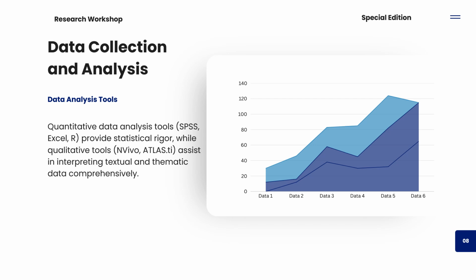All the ones we'll be talking about before now are on qualitative analysis, right? But for quantitative, the approach is different. You're going to be using data analysis tools, software like SPSS, like Excel, like R. And even for qualitative, there are some tools and software you can use if you are doing thematic analysis and the rest, like NVivo, like Atlas.ti. These are tools that help you to interpret your textual or thematic data.